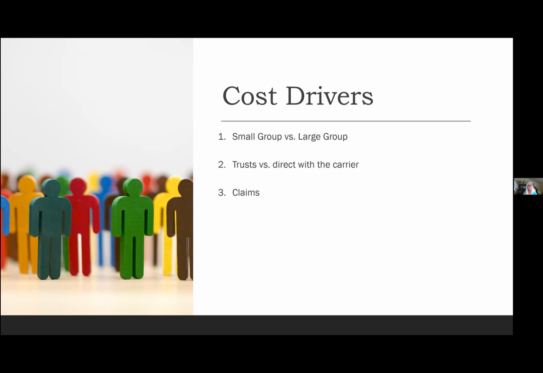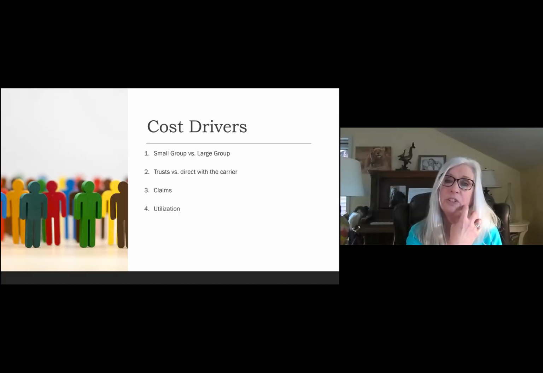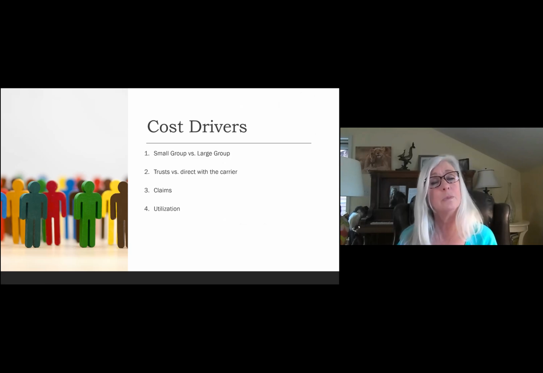For most of the last, I guess, 10, 12 years, we've seen rates fairly calm, between 5 and 7% on most of our groups. Occasionally we have a bad year where they might get a 10%, or we've got a population in a group whose average age was maybe 40 in one year and now it's 50. That causes a big rate increase. But if your population doesn't change, the rate increases have been fairly consistent over the last 10 years. So your claims and utilization are a big part of your larger size groups.